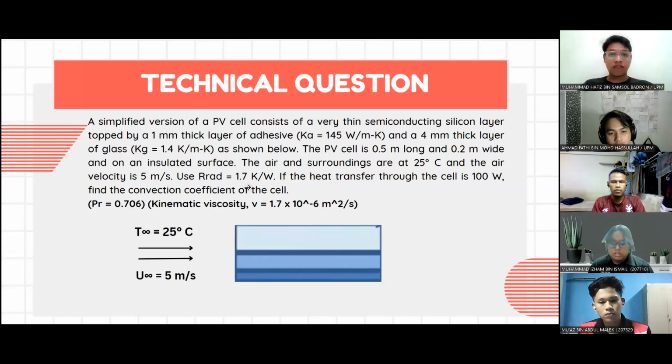The given values from the question: Ka is equal to 145 W/m·K, Kg is equal to 1.4 W/m·K, and the PV cell itself is 0.5 meter long and 0.2 meter wide. The temperature of the surrounding is given as 25 degrees Celsius and the velocity is 5 meters per second. There is also a Prandtl number given, equal to 0.706, and the kinematic viscosity. Next